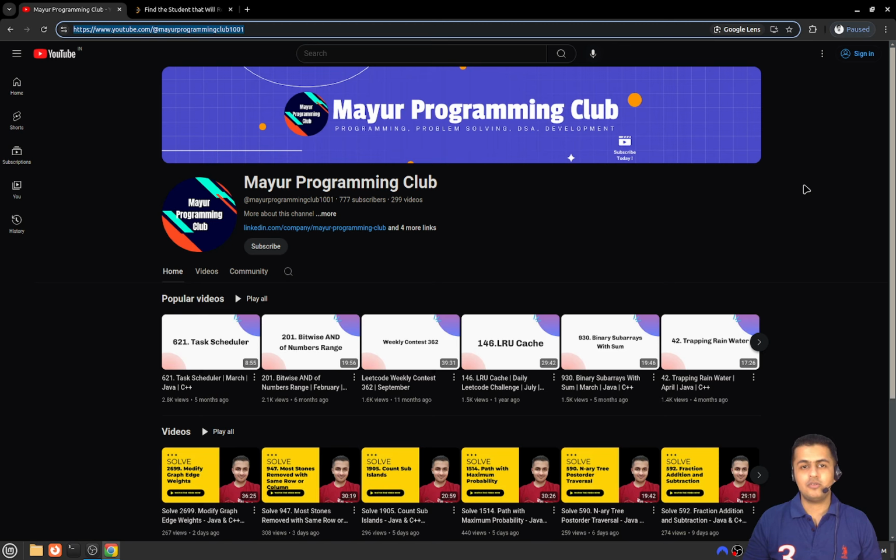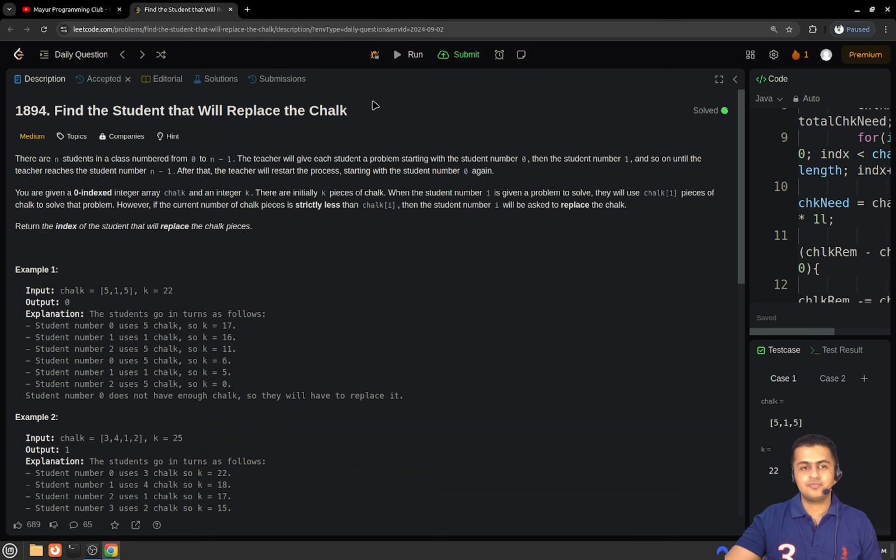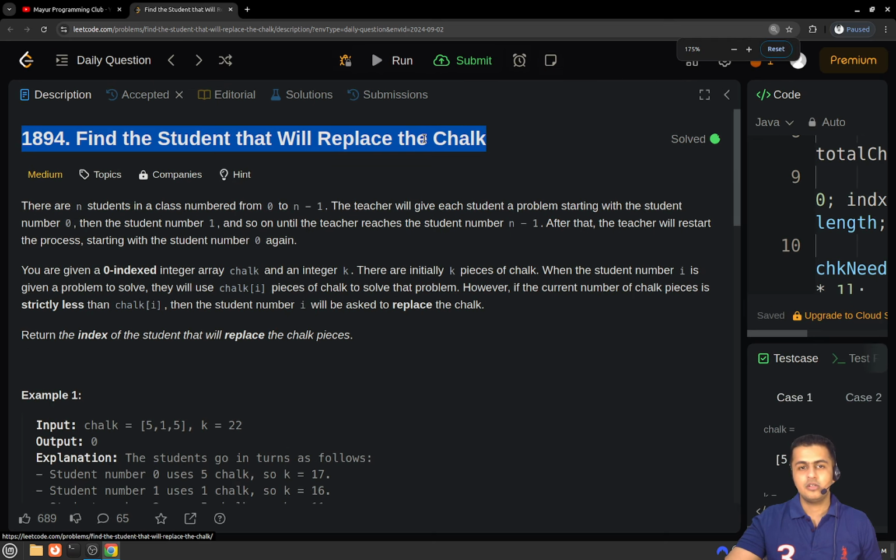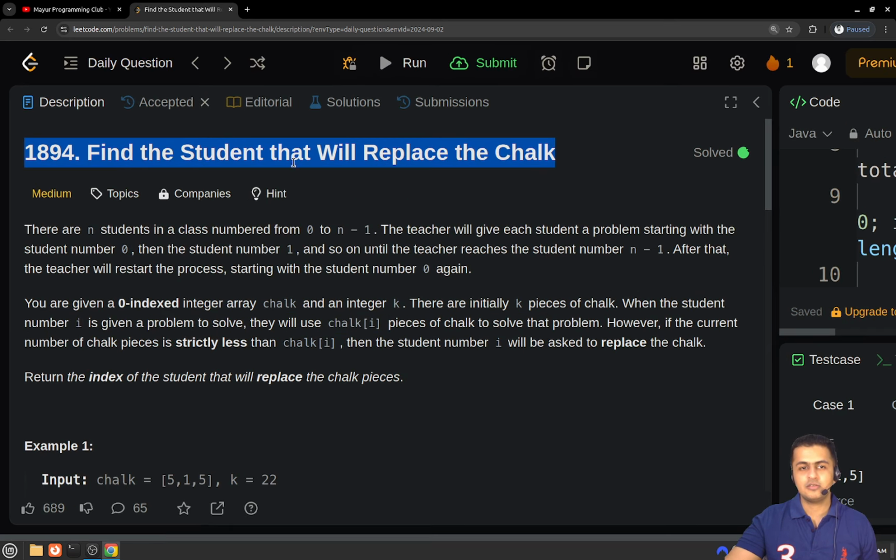Today we will be solving another daily LeetCode problem, and the problem's name is find the student that will replace the chalk. Okay, so the problem statement goes like this: there will be n students in a class numbered from 0 to